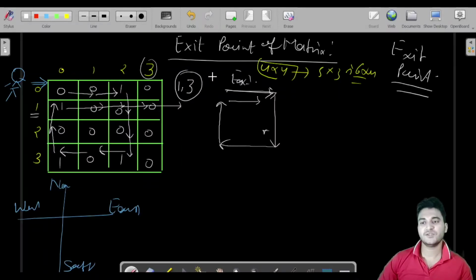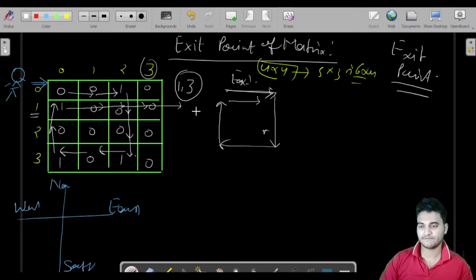That is the problem statement which I just explained to you. Let me explain once more. If you are in a box and the content of that box is 0, you will not make any change, you will move forward. If it is 1, then you will take a 90-degree turn towards your right. If it is 1, then you will go in this direction. Now again it is 1, you will move forward in this direction. Again it is 1, then you will move forward, and when there is no 1 in that direction, you will exit from this matrix. So that is the problem statement.